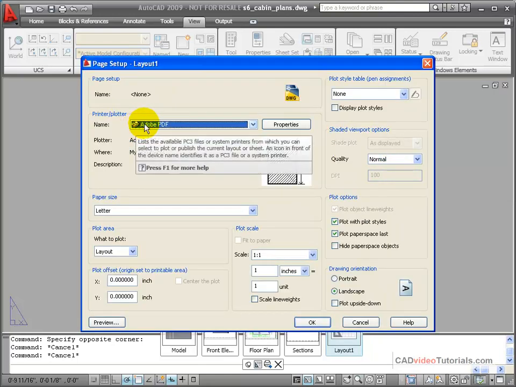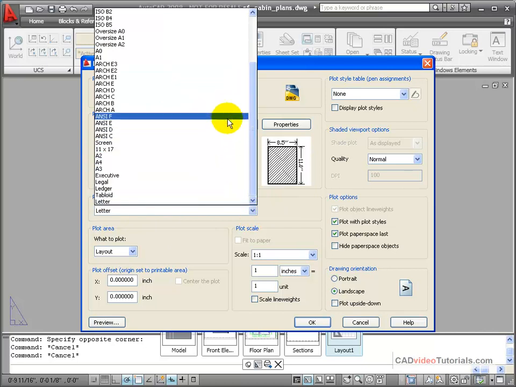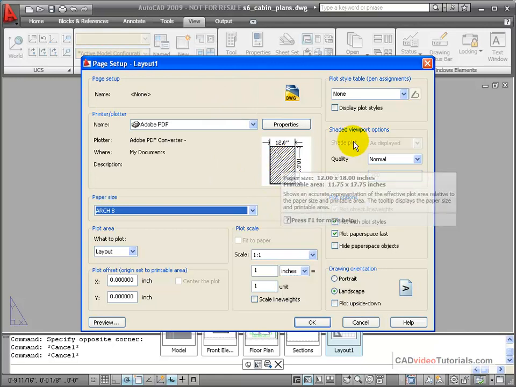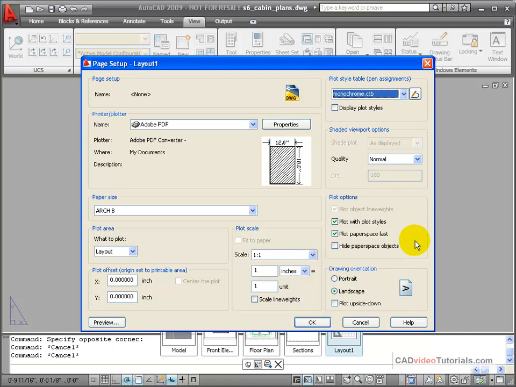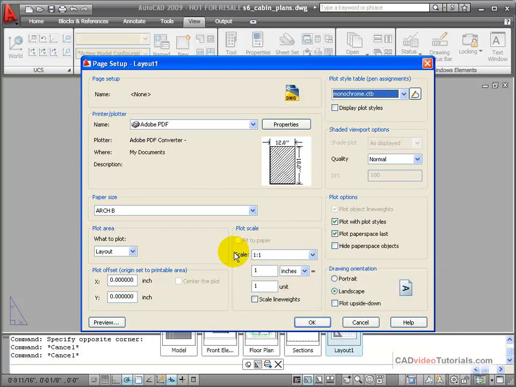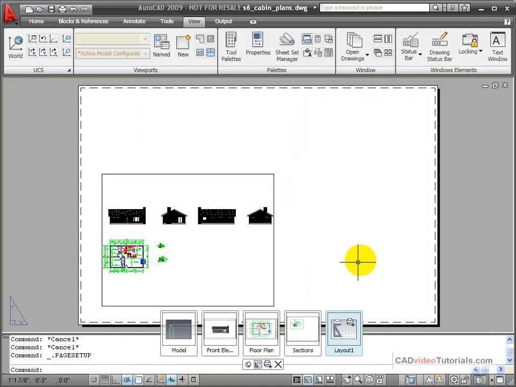Here you can see that the chosen printer is an Adobe PDF file. I can set the paper size. In this case I'm going to go with Architectural B, which should be 12 by 18. I'm going to choose a plot style that's monochrome, so all my lines are in black. I want landscape orientation, and I want my plot scale to be full size, as I usually would when I'm plotting from a layout. With these changes made, I'll say OK and then close my Page Setup Manager,